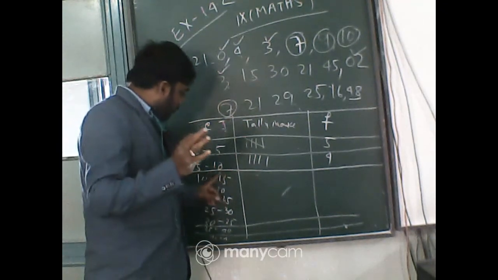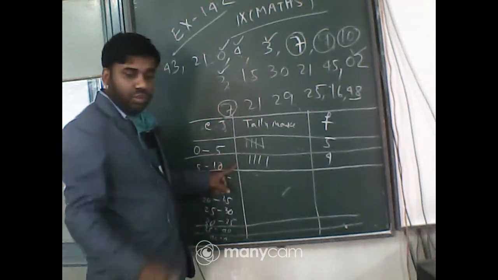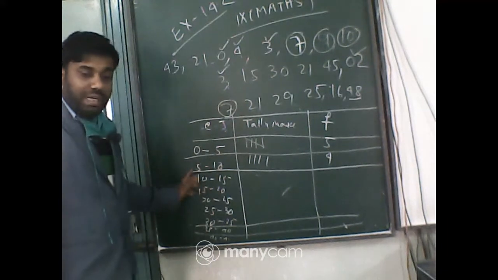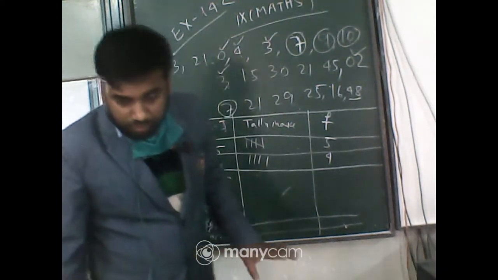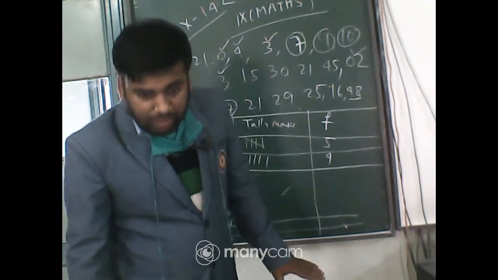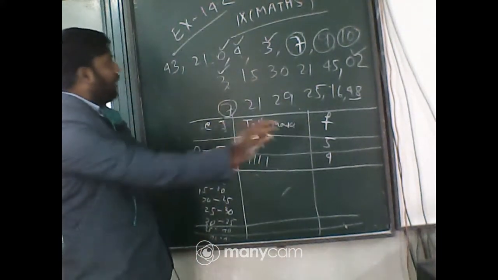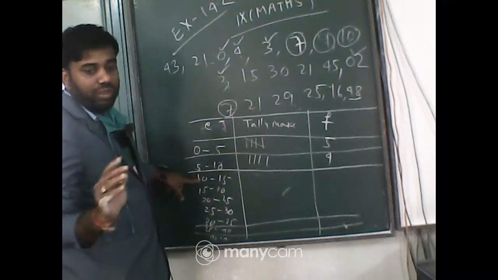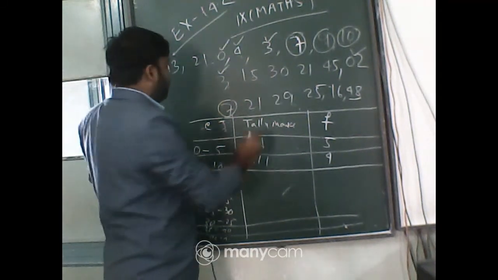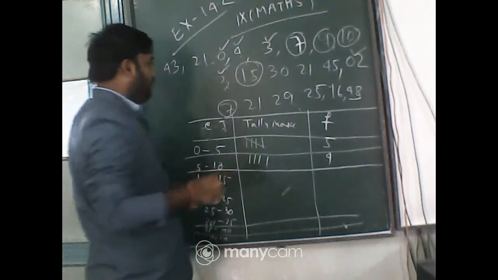Either 10 is included in 5 to 10 or in the next interval 10 to 15. Any of them you have to do. In the next interval, 10 to 15, as 10 is already taken, we will not take 10. So 10 to 15 means